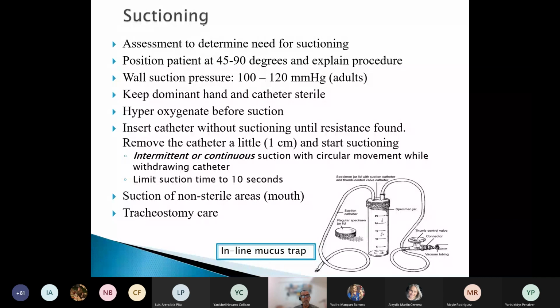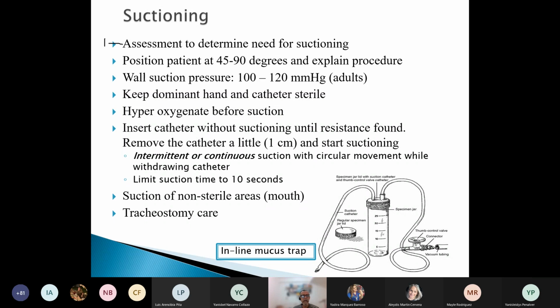To have suctioning, you need to first identify that the patient needs the suction. You don't suction around the clock. You suction only when the patient needs suction, an important concept. To suction a client, after you bring your equipment and prepare your equipment, you wash your hands and position the client, okay, as high as tolerated.